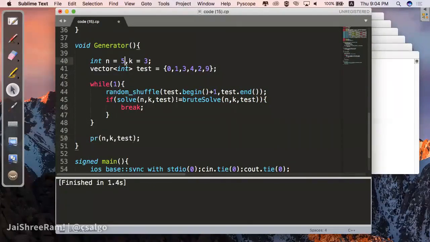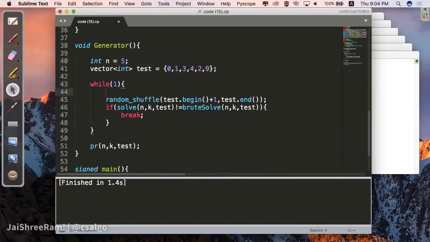So if we don't know what the n and k values are, right? So n is fixed. Let's try to permute k's as well. So let's suppose integer k will be equal to 1 plus rand mod n. So this will give us one random value from 1 to n, right? I hope all of you know that if you want to get a value from some low to high, you can use this type of function, right?